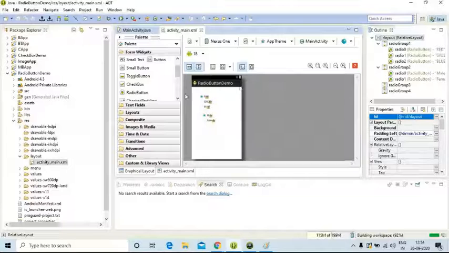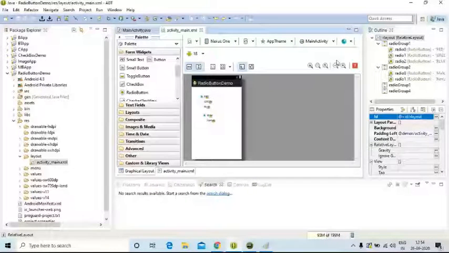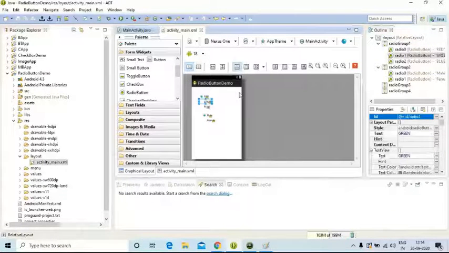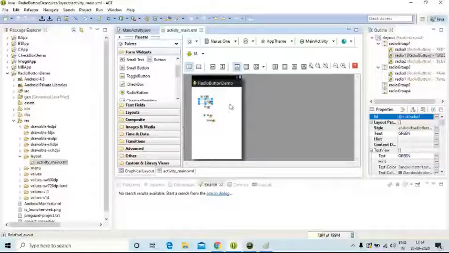Now go for code here. My theme is that when I click on the radio button red, the entire background of the screen, I mean the R layout, should change. Can anybody say what we call the entire background white color screen? The R layout color should be changed to red. When I click on green, the background color should change to green. When I click on blue, the background color should change to blue. This is my work.